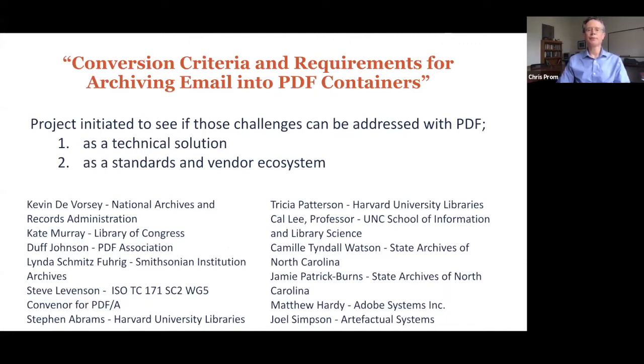And the project was really initiated because there's a strong desire and need, particularly in government records contexts, as well as some other ones, to use PDF as a target preservation format, partly because it's a readily available technological solution, but also because there's a large standards and vendor ecosystem that supports PDF.